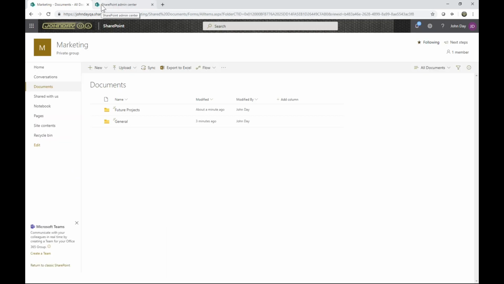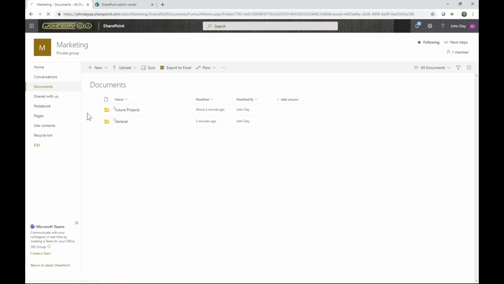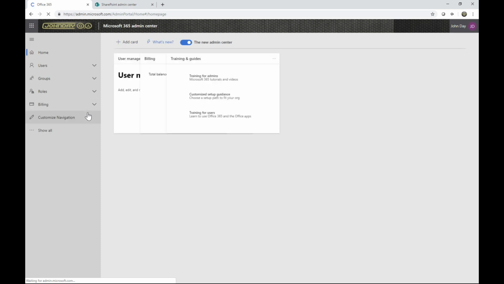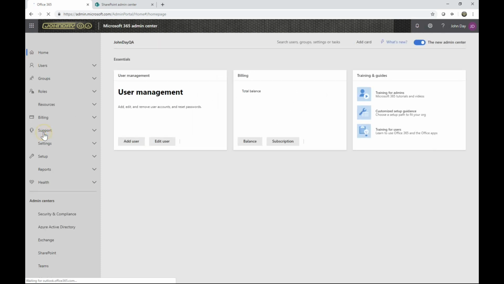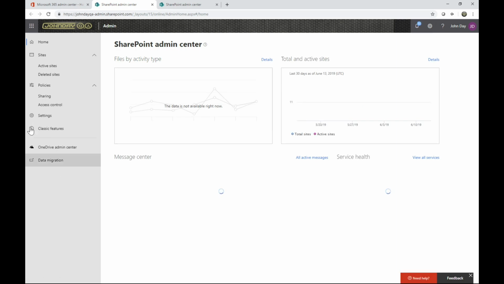Now, how do we manage the quota? How do we manage the users that are allowed inside these sites? So as admin, this is an admin thing. I'm going to go back into my admin. And again, as end users, you won't have the ability to do this. So you're just getting an idea of how this can be done by your admin team. Now I'm going to do these